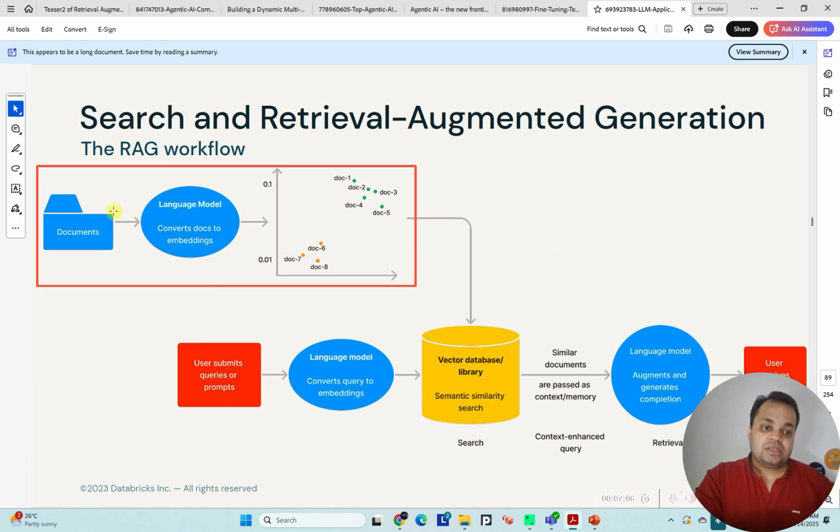If you see, it's nothing but your documentation. The data is there. You give it to the language model. The language model converts your document into embeddings. It plots them through vectors, plots on the data. They're converted to vectors. These vectors go to the vector database library, and in the backend the user submits a